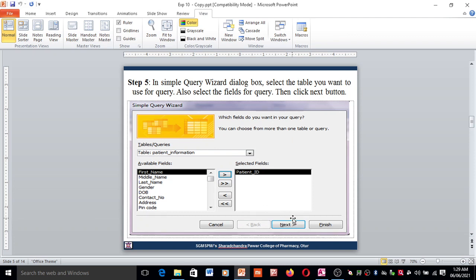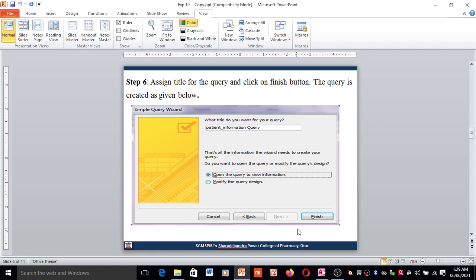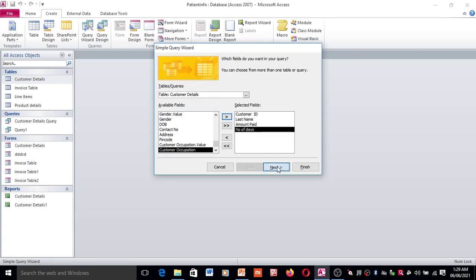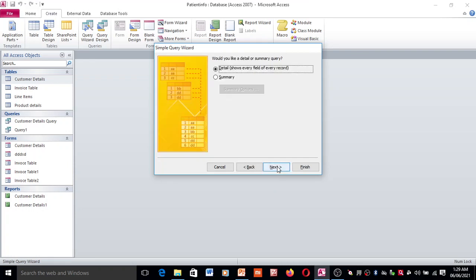After this you have to click on next, then another query wizard opens, with different types of options. Here you can give details or a summary of a query.